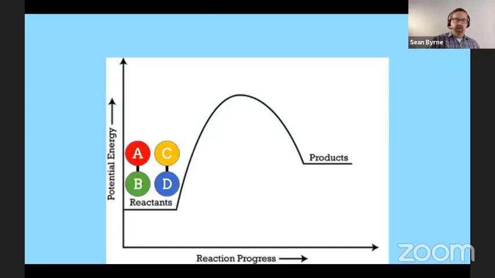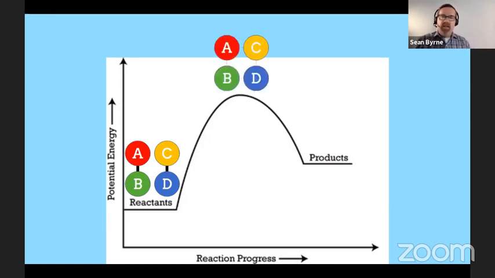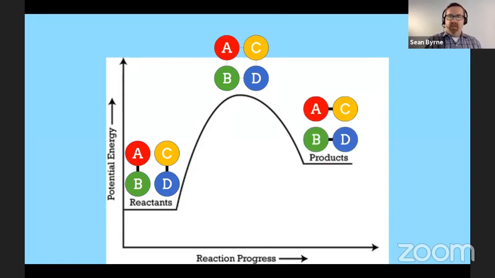And we know that if these are my reactants over here on the left-hand side, we need to put some energy in to get them to this activated complex, where some bonds are starting to disintegrate and other bonds are starting to form until we get to our products over here. Again, what we need here is an increased number of collisions so that we can get to our products. That's going to necessitate that we get to a specific amount of what we call activation energy, right?